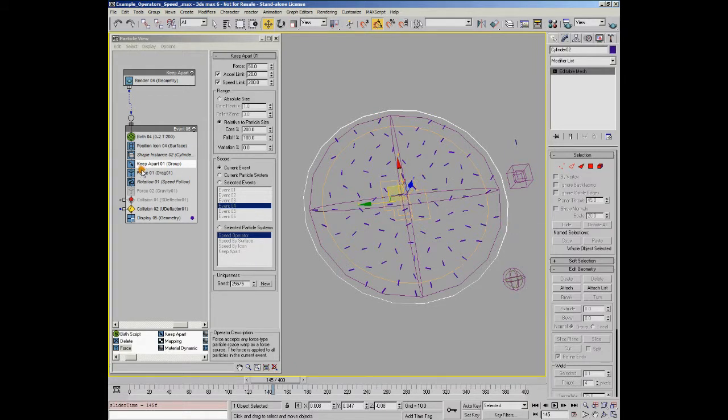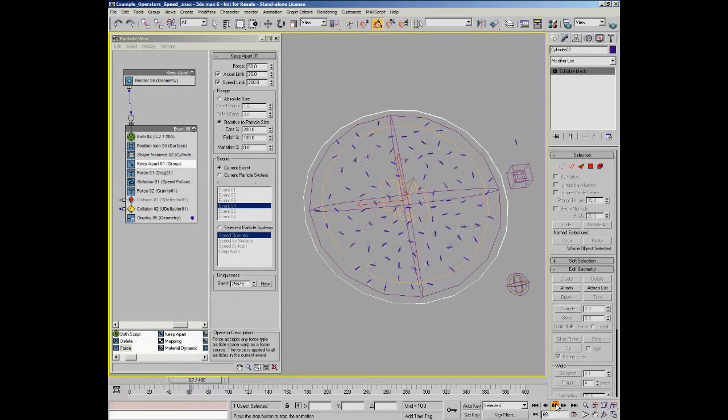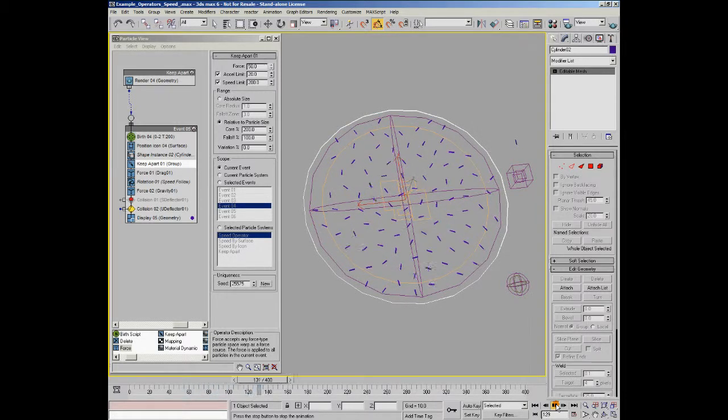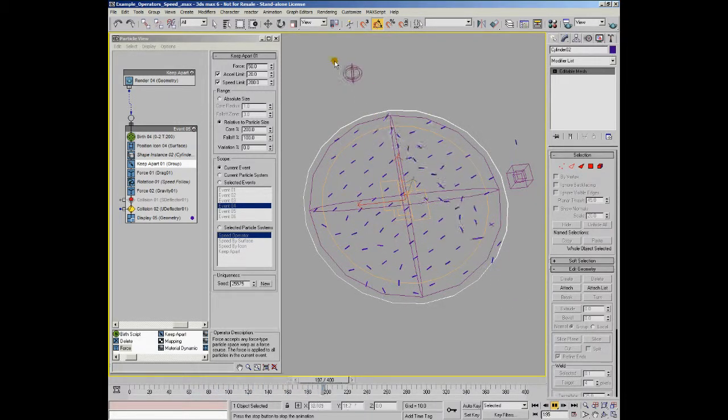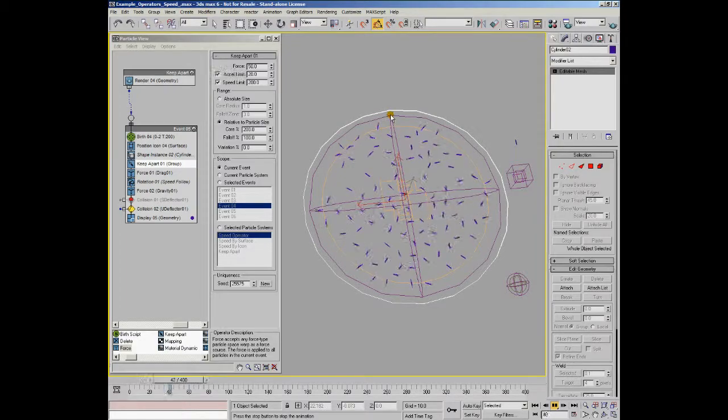Now something I was going to show you is this gravity field here. So if I turn on force, you can see that these particles are orienting themselves towards this force here. And so you can see that the keep apart operator doesn't have a completely rigid effect on the actual orientation of our particles. And you can see they relax into a sort of steady state, and then our force travels through and the particles are pulled towards it. But you can see that once the force has passed through our little petri dish, you could say, these are